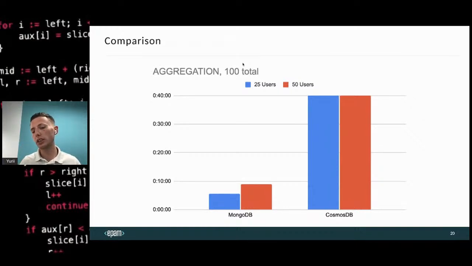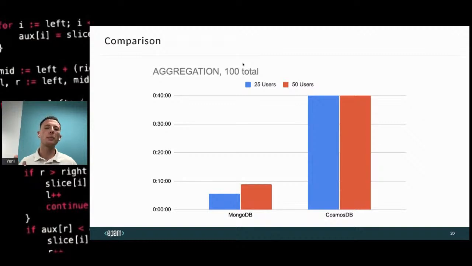And then I ran this command with Cosmos, and to be honest, it fails after 10 or 15 documents, but it takes close to my whole life.